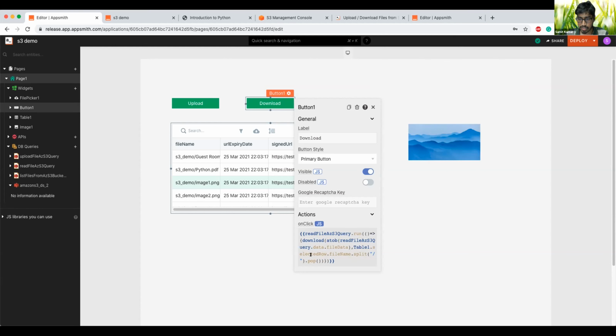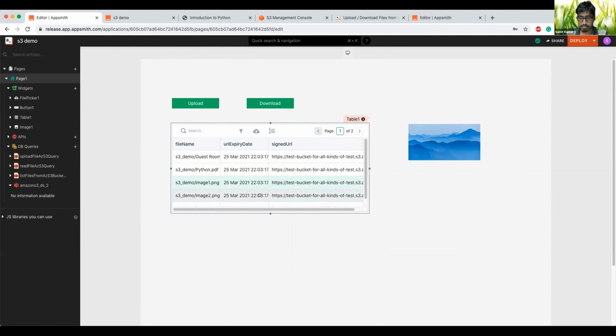If you see table1.selectedRow.fileName.split, because it provides the complete file path, basically directory plus the file name, by picking up the last element from the array of the split strings, we are picking just the file name and discarding the directory path. Okay, so I think we have covered everything.